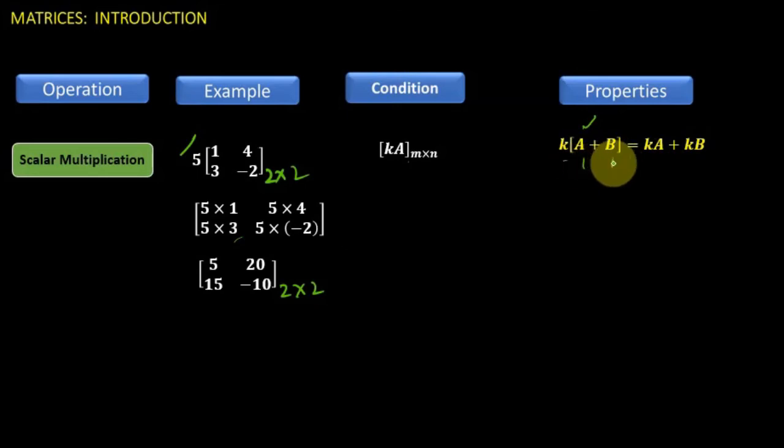First I'll add those two matrices and multiply the resultant matrix with a constant K. That will be equal to, if I individually multiply K with A matrix and K with B matrix, and add those two matrices, I'll get the same result. Okay, you can take any example and try this type of problem. See, if you have any doubts, you can comment and I will solve those doubts. Okay. Chalo, now we will see the very important